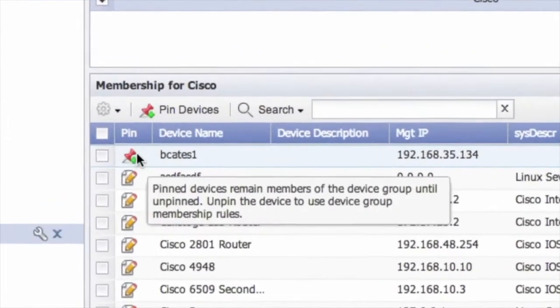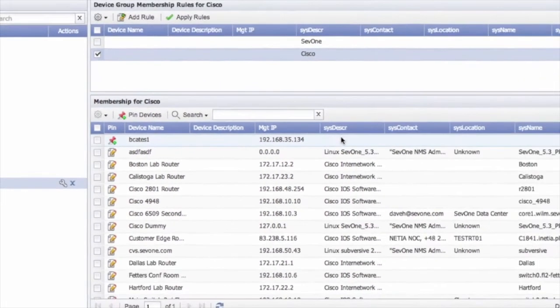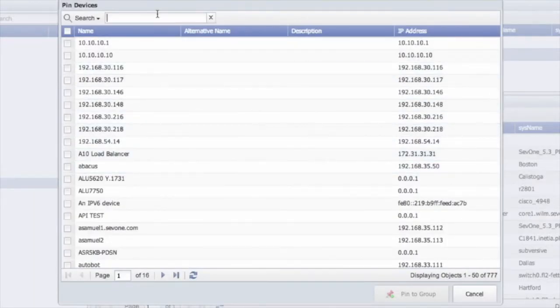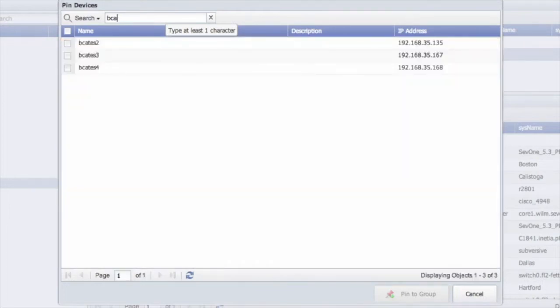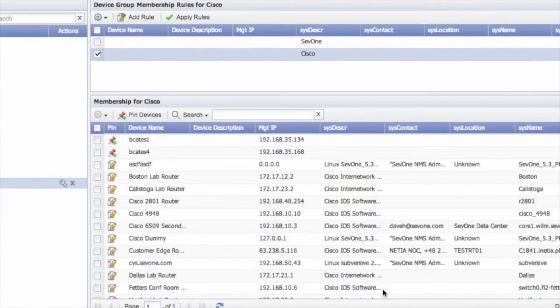Now you might have noticed this little pin icon down here, and let's say you just can't pin down a regular expression to get all the devices you need, or maybe information is lacking. This particular system didn't provide a system description when it was discovered. You would simply click the Pin Devices group and again select a device that's not already in there, pin it to the group,